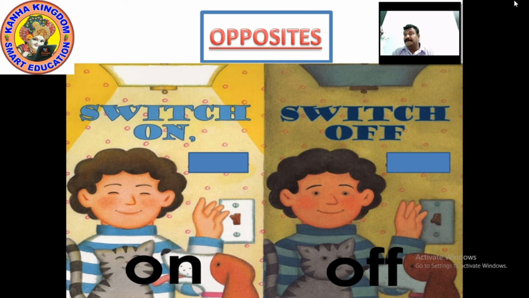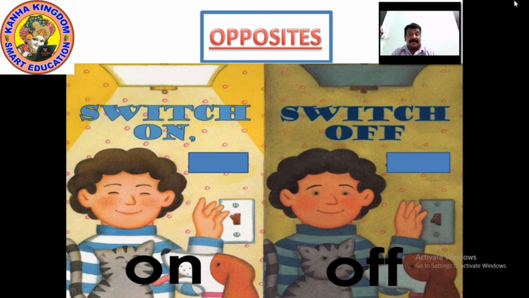Look at the second photograph. See, it's shown. The light becomes darker. It's not bright. Now the light is off. Here the light is on, you can see the bright face. But here you can see light is off. So it is dark in the room. Right? Switch on, switch off.